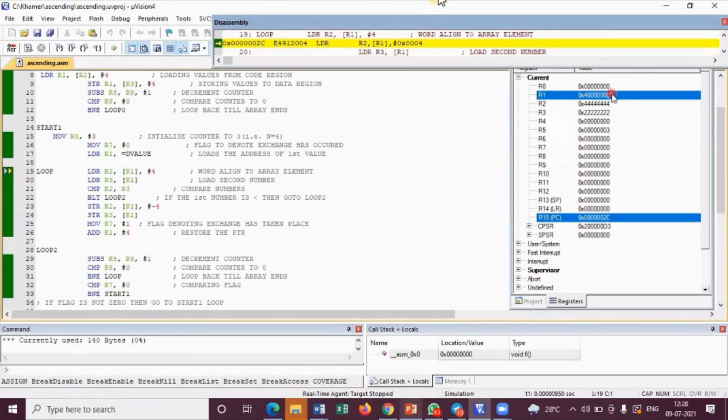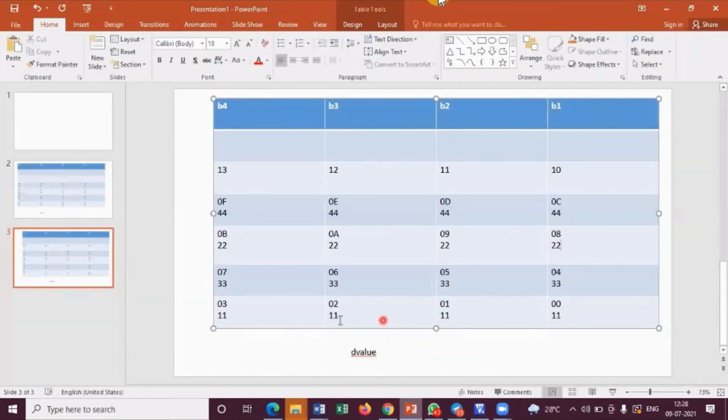See my pointer, highlighter. So next, whatever is there in the R1, now the load operation, whatever is there in the R1, we'll move to R2. So I will not repeat this again. The same thing happens, comparing these two. See, what was there in the 0, 0 address? 1, 1 was there, right? Guys, see here. Now this data will be moved to R2. This data will be moved to R3.